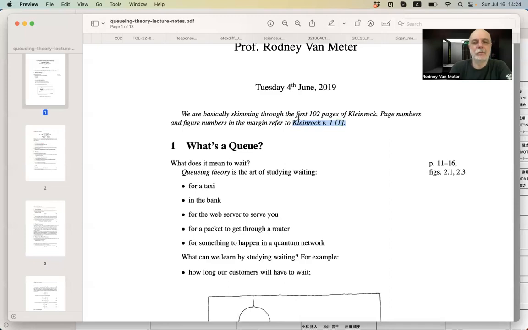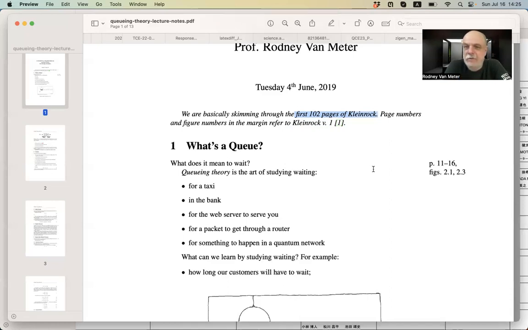This set of notes covers roughly the first 102 pages of Kleinrock, just covering discrete systems, and there's no continuous material in this set. Doing the continuous versions of things would require calculus, which we're mostly not doing in this course. So this set of notes, like I said,